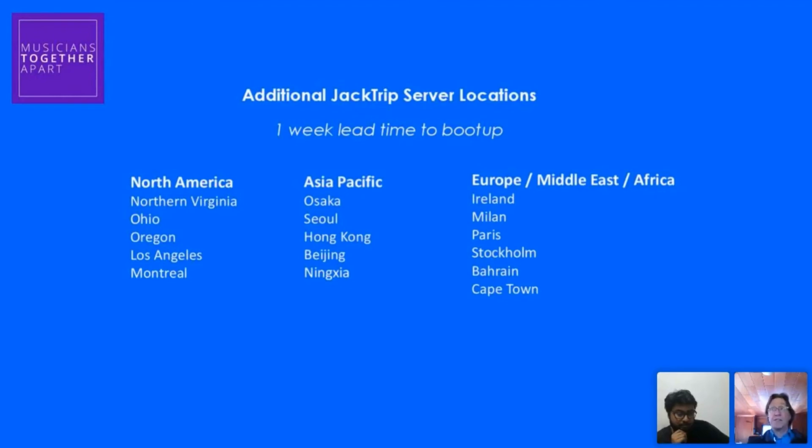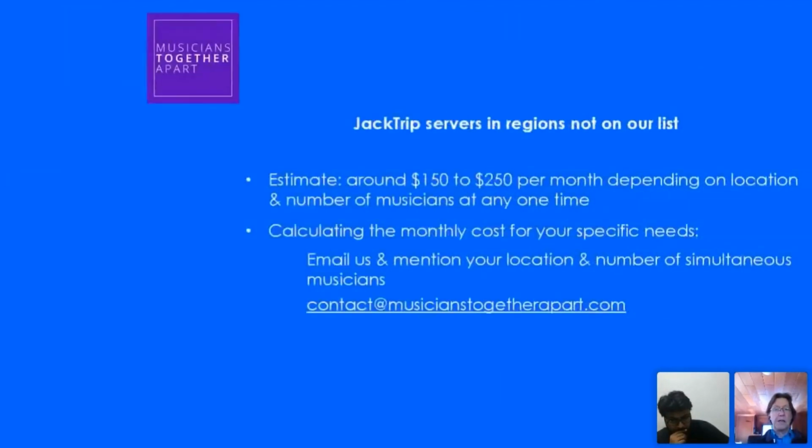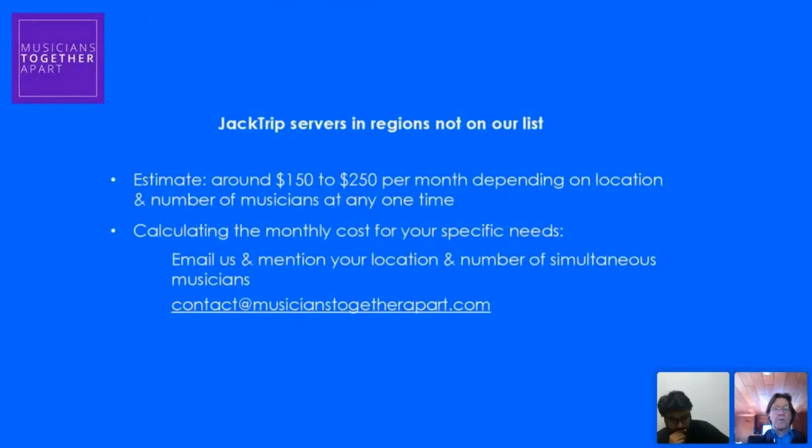That's a very expensive one. Cape Town, South Africa, also pretty expensive because the prices do change per location. But Northern Virginia is a good one that covers the DC area and larger vicinity, obviously. Those we're estimating around 150 to 250 per month. And again, that's for those other regions, and they're not on our website because the costs can vary. We can try and give you more details on that if you email us,